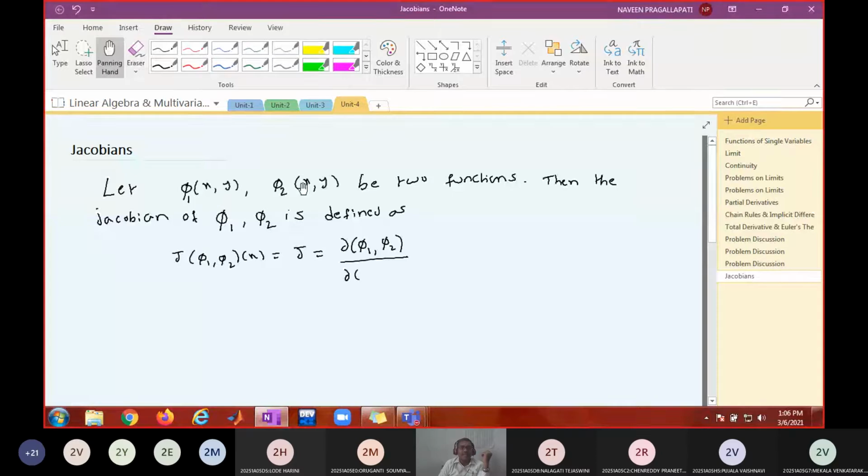Independent variables are x and y. So x, y